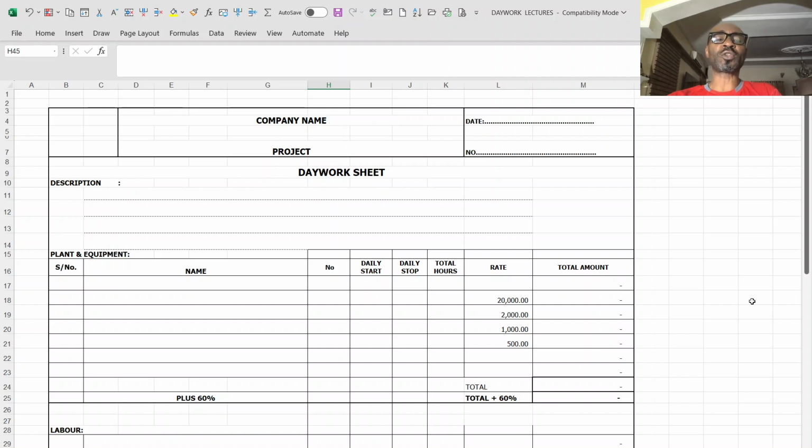So records of resources deployed will be kept, and a markup, a certain allowance, will be made for profit and overhead to the contractor. And this kind of job can come as a result of modification by the architects, by